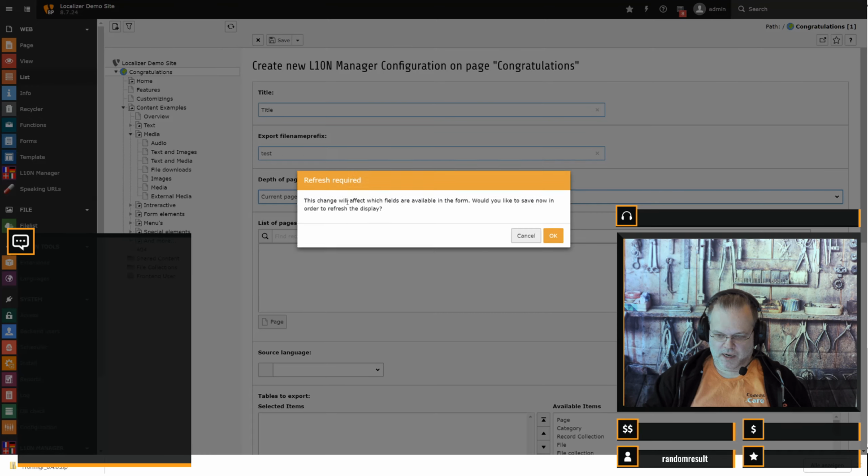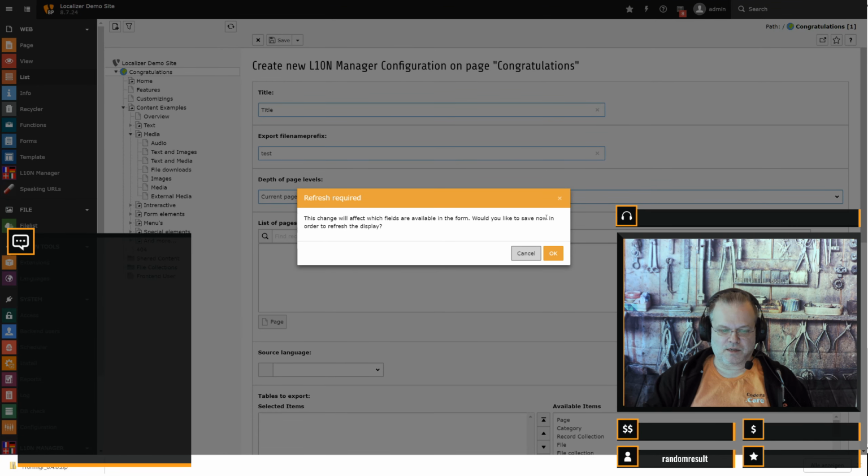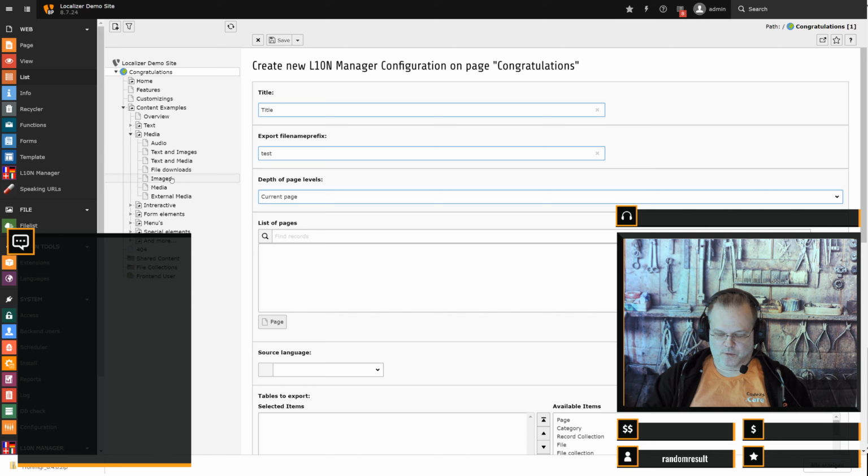One is the current page, and current page means it doesn't matter where you are, the configuration is just taken and used for this page. So in this case the PID is not relevant anymore, and you can just pick any of the pages and use the same configuration for that. So you don't need a specific configuration for each particular page, which in my opinion makes much more sense, because most of the pages are more or less identical. So maybe you have 2 or 3 different configurations, but definitely not configurations for all the pages,